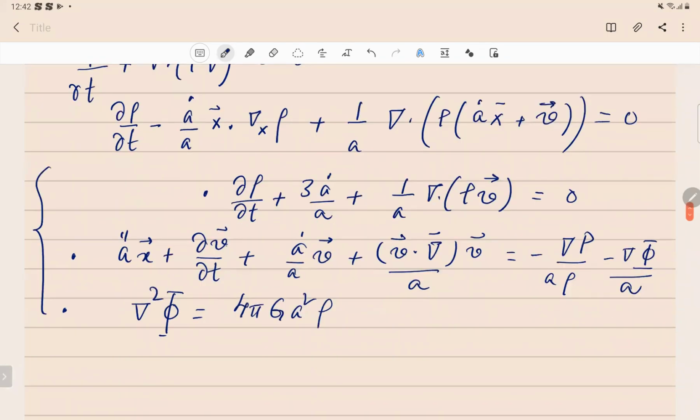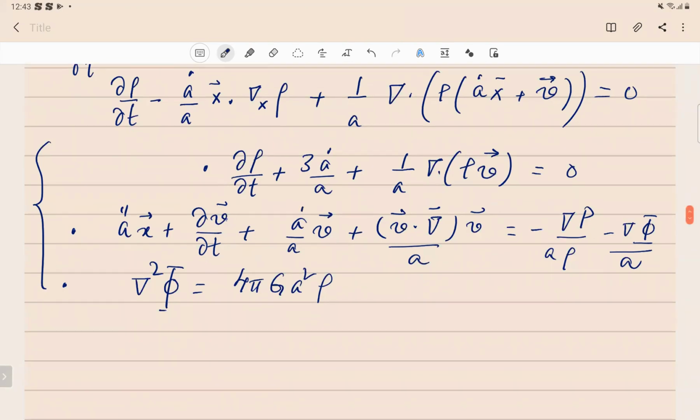So these are basically our standard fluid equations in an expanding background. The a is to be determined from solving the background equations. And then you have this general set of equations. Now we have not made any assumptions about what is ρ and what kind of perturbations it has, except that this v is basically now a non-Hubble velocity. It's a peculiar velocity. Okay, great. So now what we want to do is we want to take these equations and start looking at how we